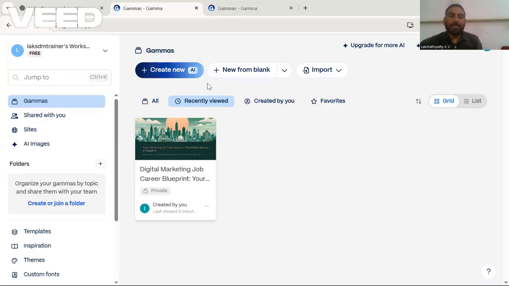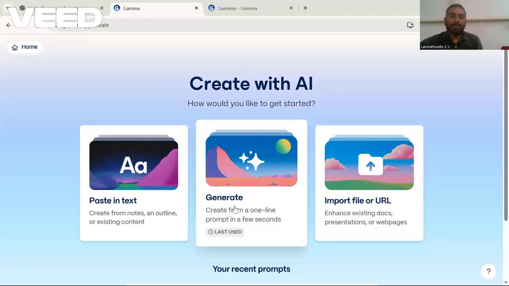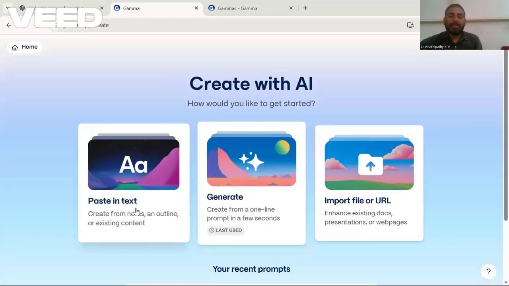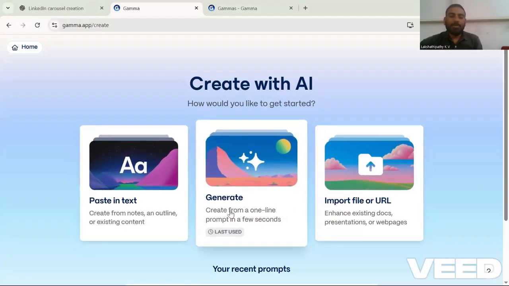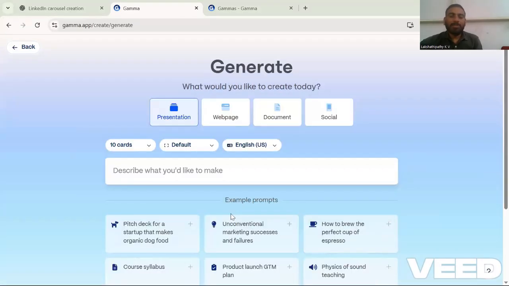Just go there and click on create new AI, generate, and paste in text and input URL. So just paste the URLs or you can generate the content. Just click on the generator. Here you will have the option for descriptions. So describe your things, what you want,